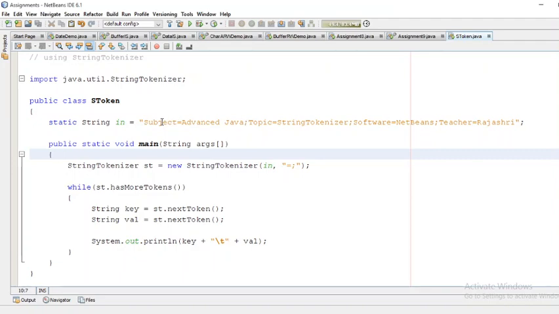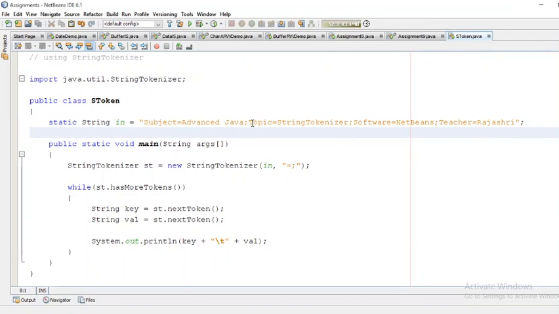First token subject, second token advanced Java, third token topic, fourth token string tokenizer, fifth token software, sixth token NetBeans, seventh token teacher, and eighth token Rajeshri. That means there are total 8 tokens available if I consider delimiters as equal and semicolon.